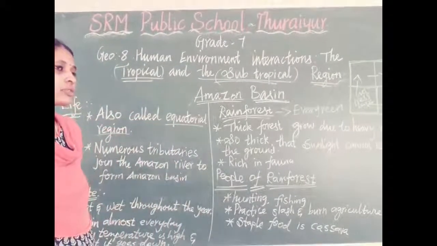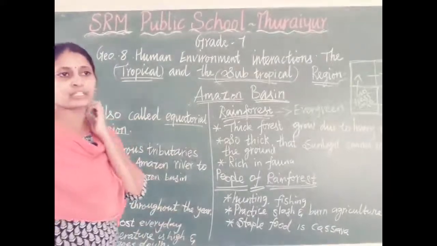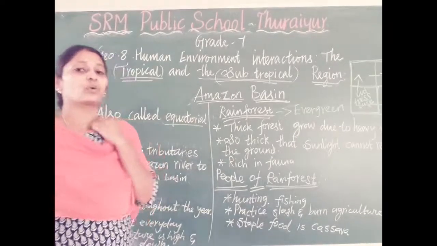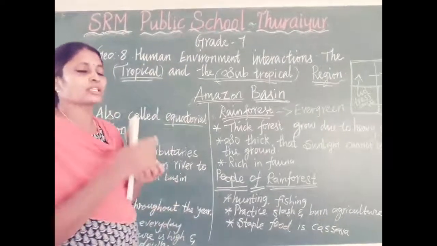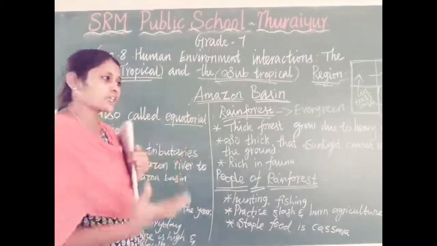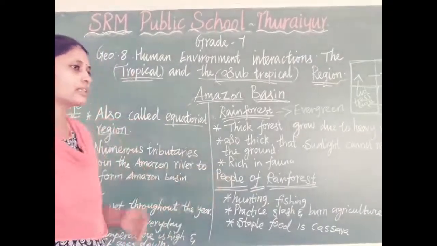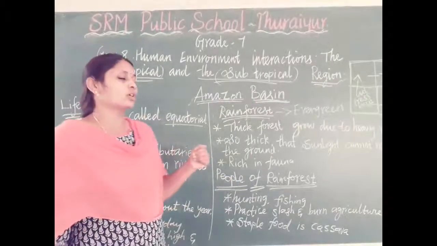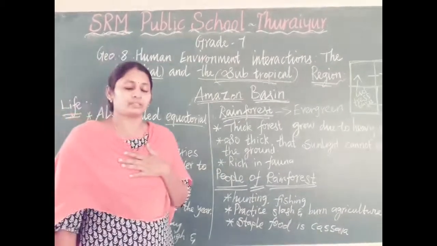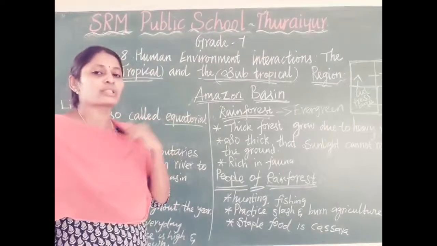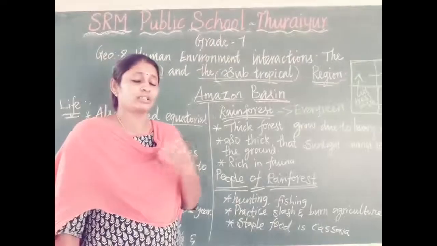The Amazon is very rich. Very rich mines are present in the Amazon basin. Very precious coal, diamond and petroleum are present in that basin. To exploit that, many corporate companies try to occupy that land and have started many industries there. That's why the Amazon river and Amazon forest are called the lungs of our earth. Lungs are very important for us for breathing. They purify the air.